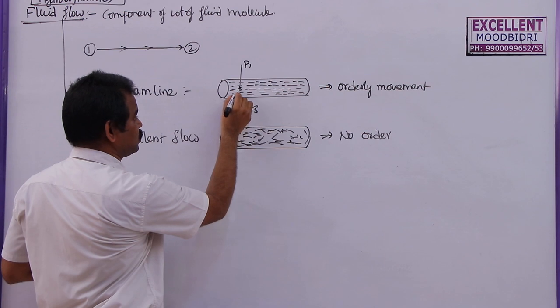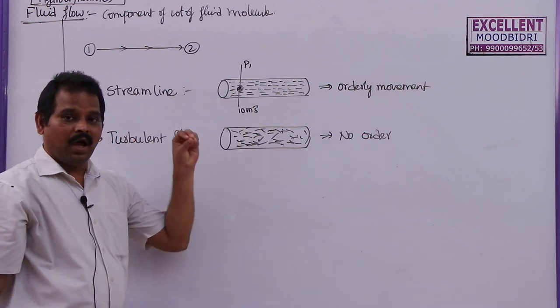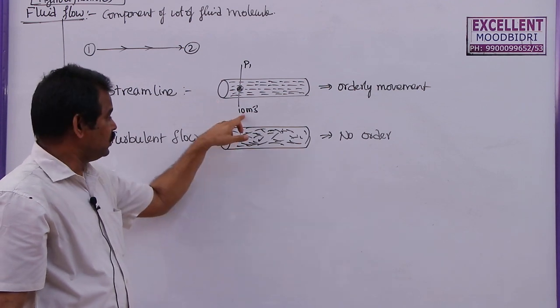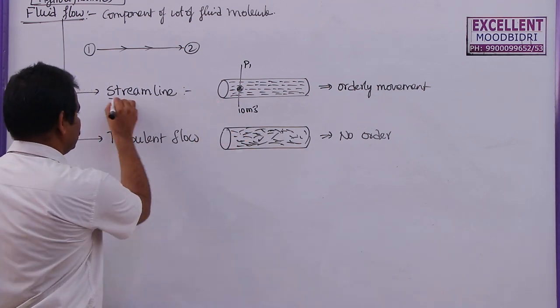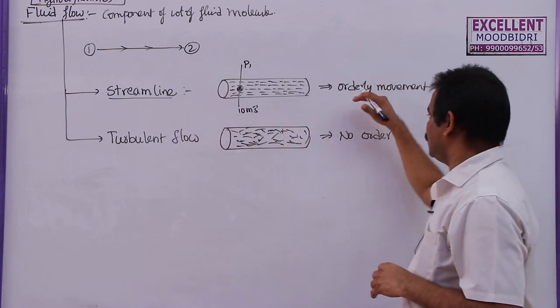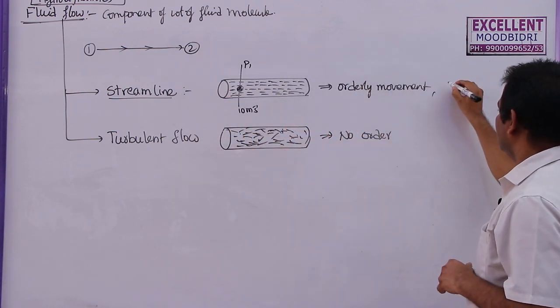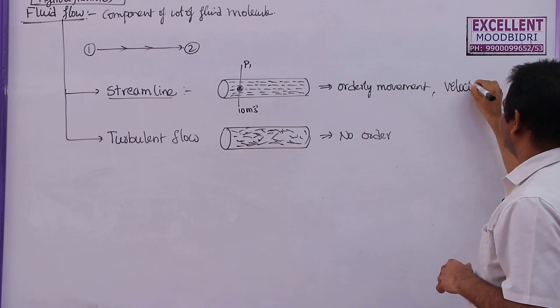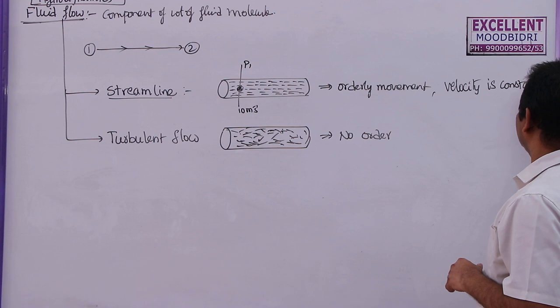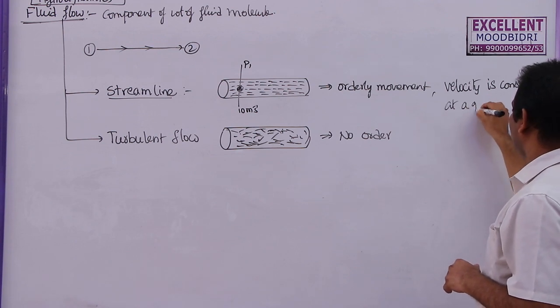The next particle which is crossing this point, that means all the particles that are crossing this point will have the same velocity. That is called streamline flow. So the main difference between this and this is, first one order, second one the velocity or the speed of the particles. Velocity is constant at a given point,